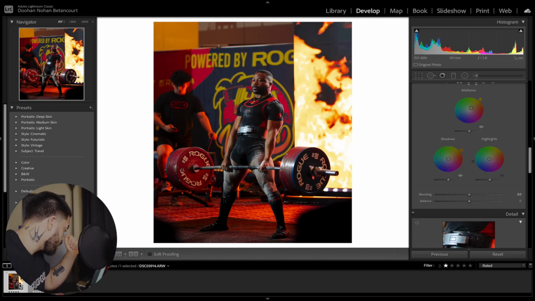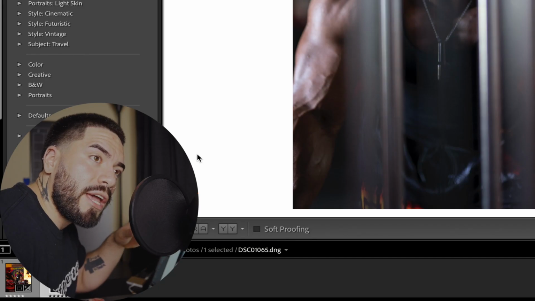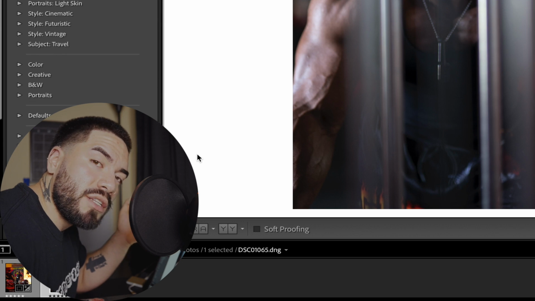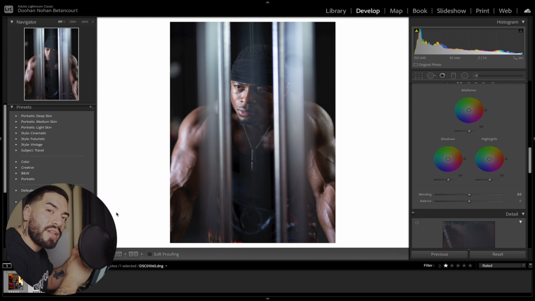Now going over to this recent post that I shot of Russell. So basically this is in the jungle cable machine. I shot this one at 85 at 1.4, and I shot in between the lat pulldown and the row.